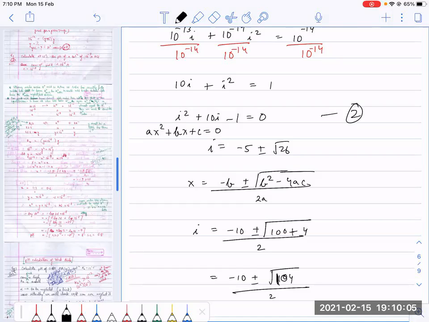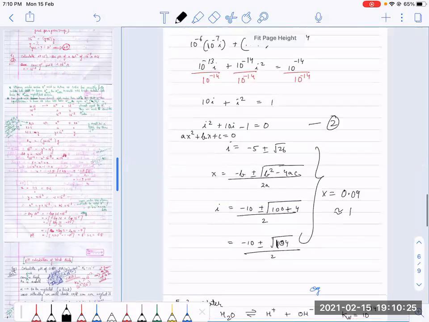Let me do it for you. Root 26. Okay, it's 0.09, isn't it? The value is x equal to 0.09. Yes. So it's almost 0.1. We can also treat it as 0.1. Okay, so we have solved our answer, and the answer to the question is that the H plus value was actually